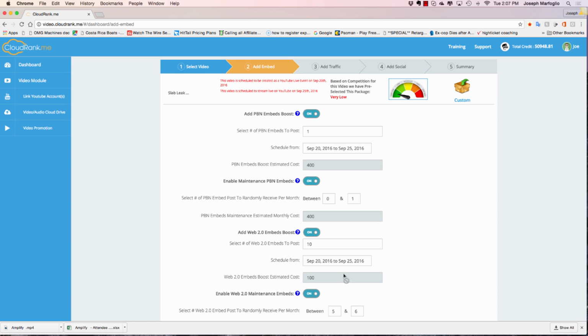Now, some keywords may rank right away. So, for example, this slab leak detection Poway, it may hit page 1 right away. Okay, but say if I did leak detection San Diego, I guarantee you that it wouldn't hit page 1 right away. Or even if I did plumbing San Diego, it definitely would not hit page 1 right away. And plus, this keyword difficulty right here would probably be up to moderate, or it may be up to something like high.